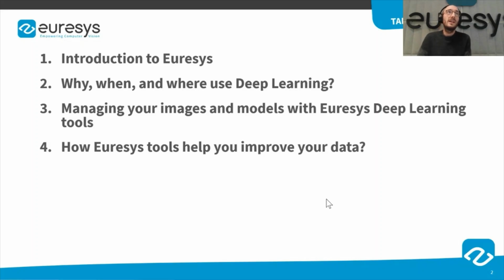So this is today's table of contents. I will start with a very quick introduction about my company, Euresys. Then I will also try to give an overview of the main advantages and drawbacks of deep learning algorithms and compare them to traditional rule-based image processing. I will also give an overview of the deep learning algorithms that we propose and how you can select them